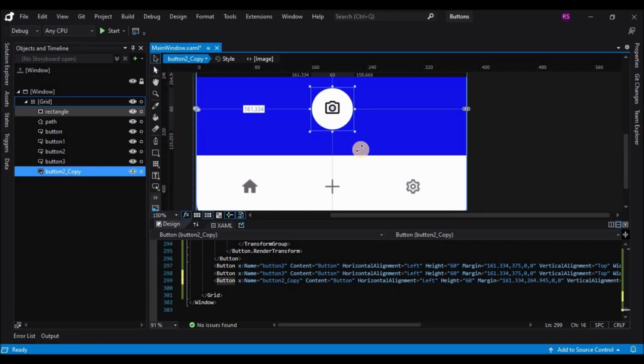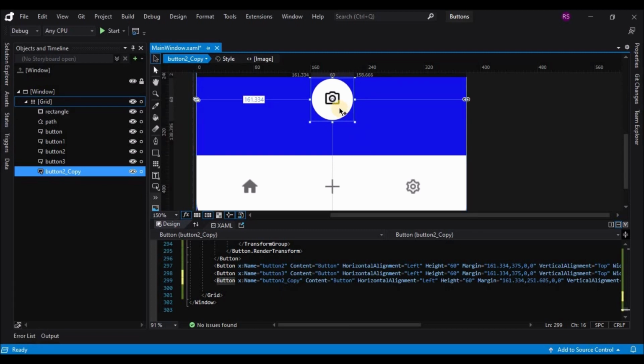Okay, let's position it on the top, and now let's make a copy of that button that we have added.